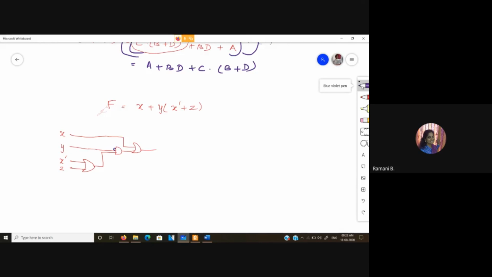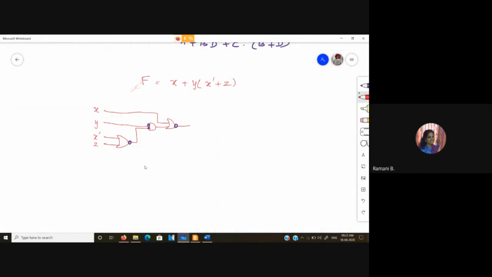So I am inserting bubbles at the input side of AND gates and the output side of OR gates. Okay, that is the first thing. Next, I will check whether I have two bubbles in the same line or not. If it is there, then it is fine. If not, I have to invert the corresponding variables. So here in this first line, I don't have any bubble, so I don't have any issue with it. So I can happily have it as x as such.